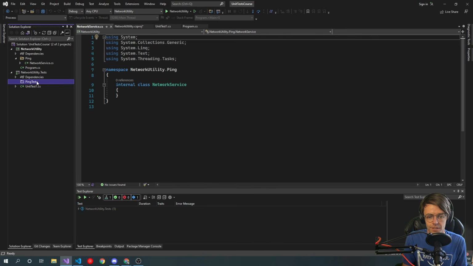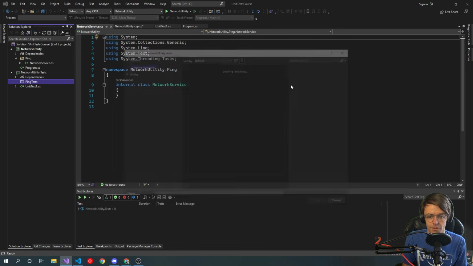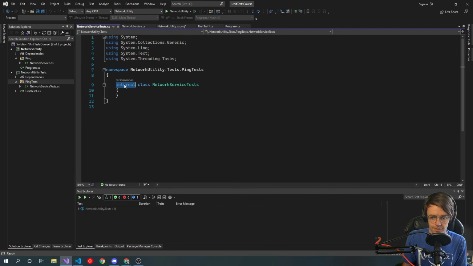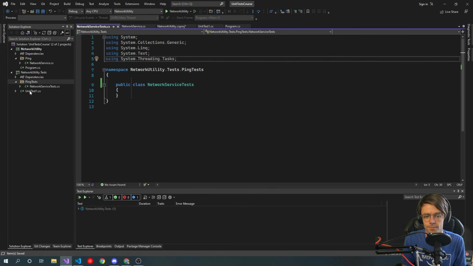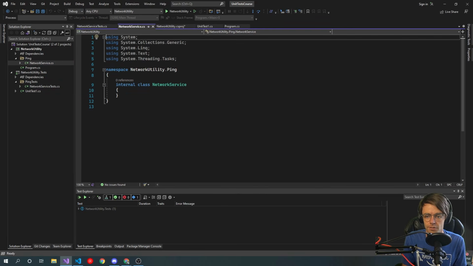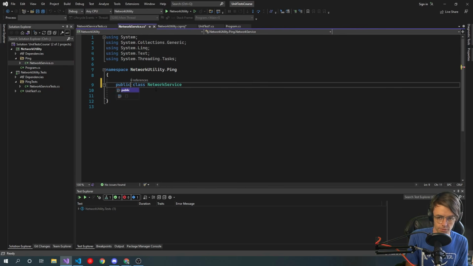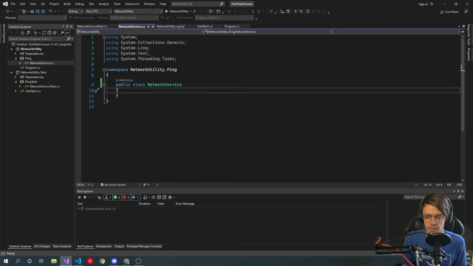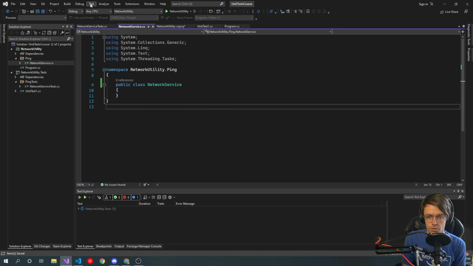And within under here, we're going to add a new item, and we're going to call it network service tests. Just like that. Change this to public. We could leave that. Yeah, let's leave that one because it gives us one little test that we can test out. We've got our program, we've got our hello world, and let's actually go into, and let's just see if we can get this test, this network utility test, make sure that it's hooked up and it's working